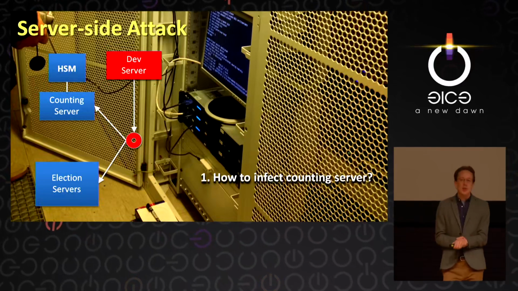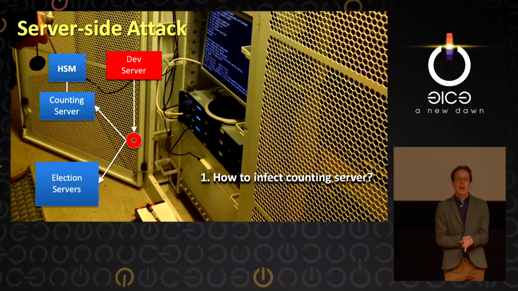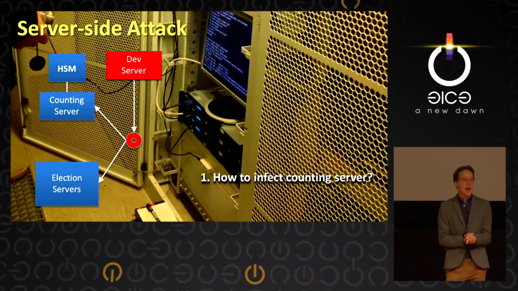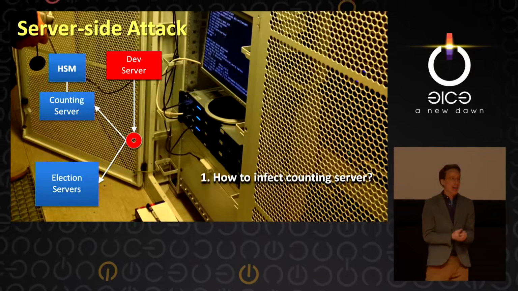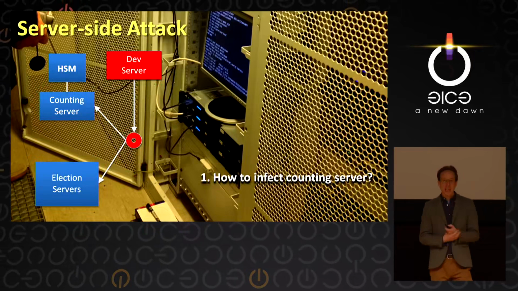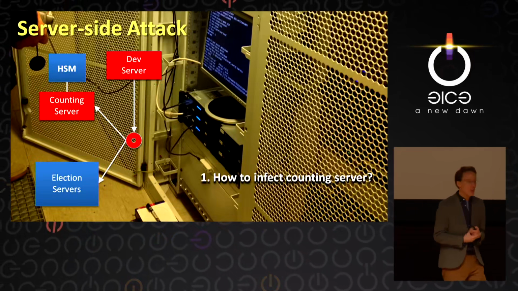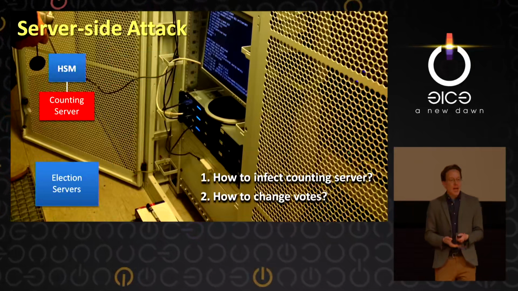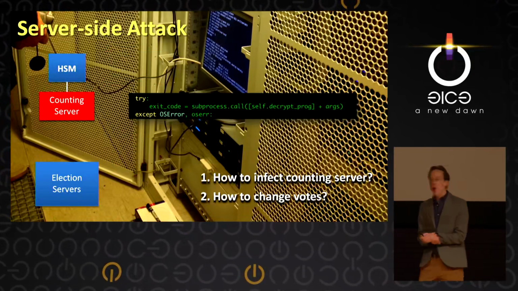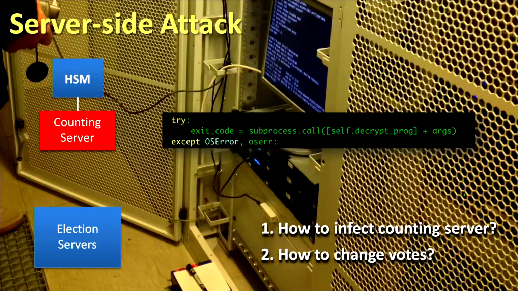So we built a demonstration where that malware infects the installation CD that's burned, uses a rootkit to lie about the SHA-1 hash of that ISO image because they are checking it. And then that compromised DVD proceeds to install some backdoor code into the counting server when it's built. At that point, changing votes is really easy. All we have to do is intercept some code in the counting server that uses an attached HSM to do the decryption of each vote and basically look at what comes back from the HSM and replace it with a vote of our choosing.